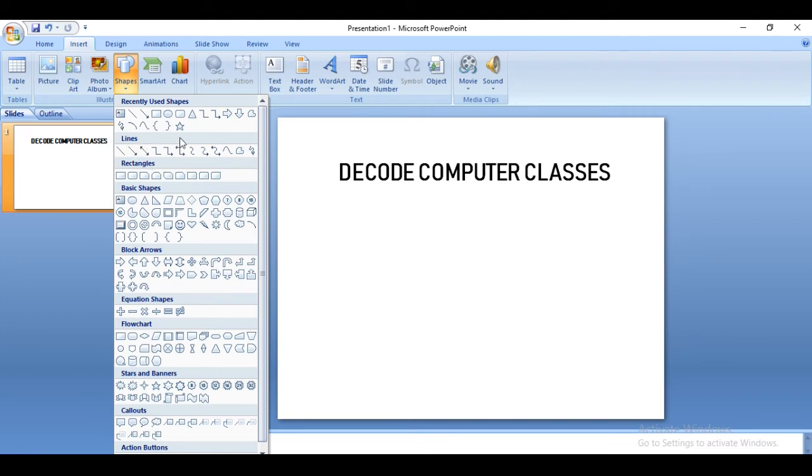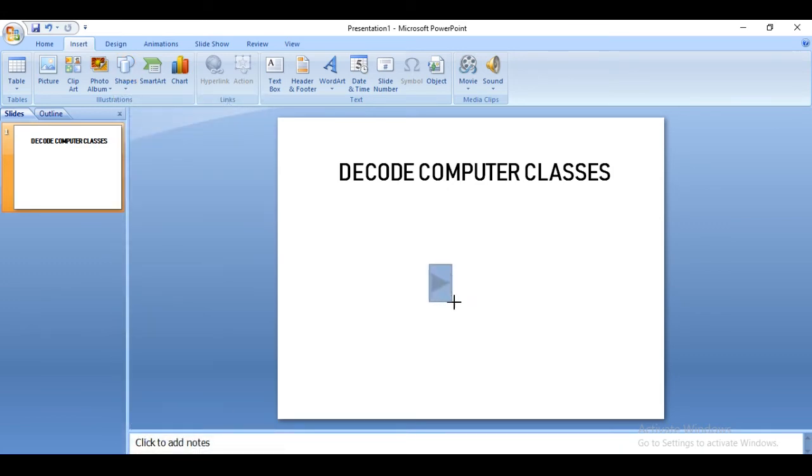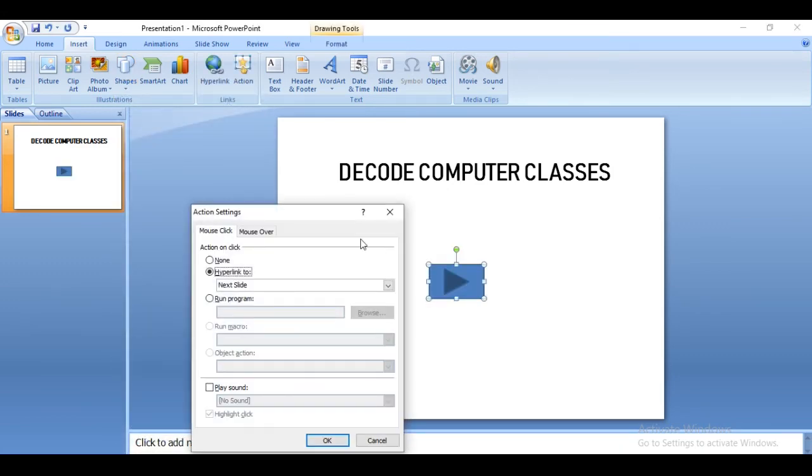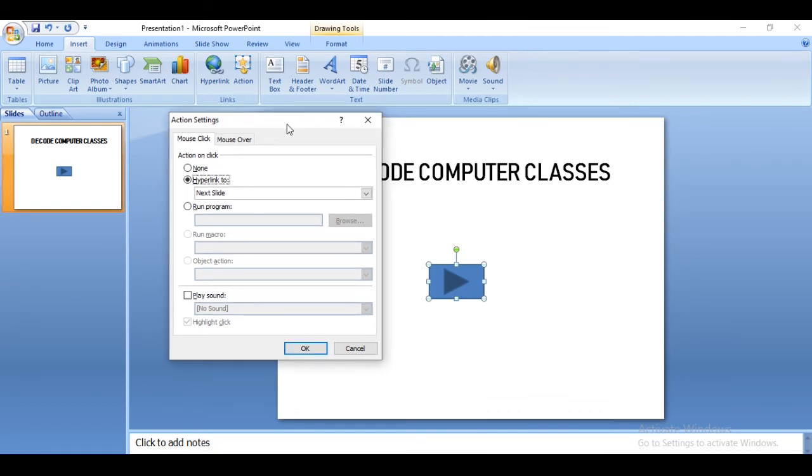Yes, there are some action buttons. You can have them in the presentation and choose them accordingly, at the last, action buttons. So let's have it. As you drag the action button here and leave the cursor, you can see this dialog box, Action Settings, opened automatically.